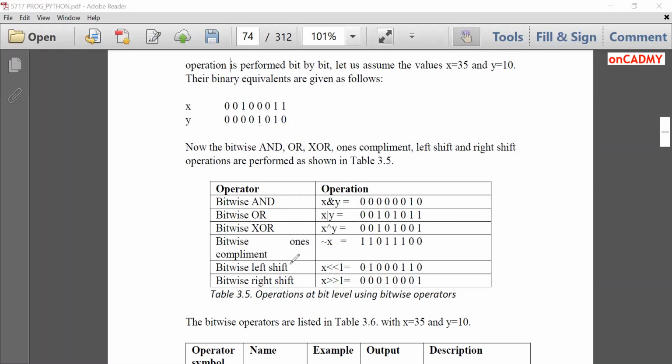Now bitwise left shift and right shift. They are very important operators, left shift and right shift. It is clear from the name that the bits can be shifted as per the mentioned number, either to the left side or right side. If we shift the bits to the left side, then we add 0 at the empty place. It is performed on the x operand. I'll shift 1 bit left. That means this 0 will come here, 1, 0, 0, 0, 1.